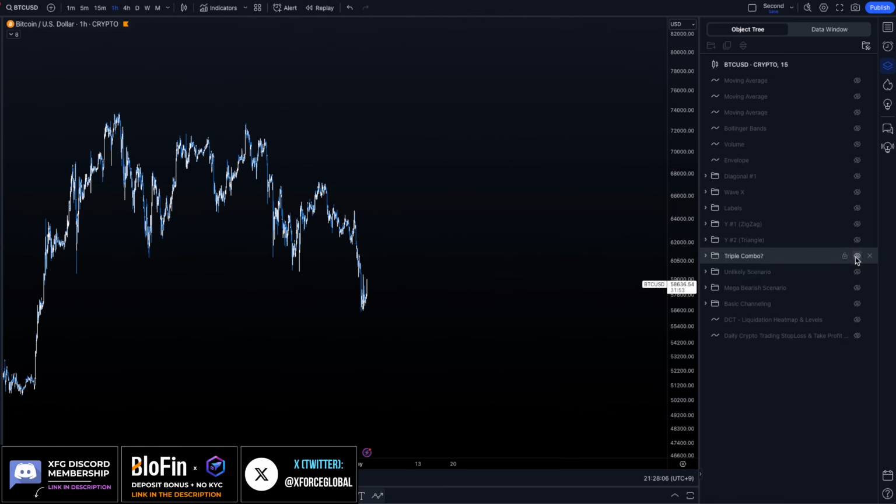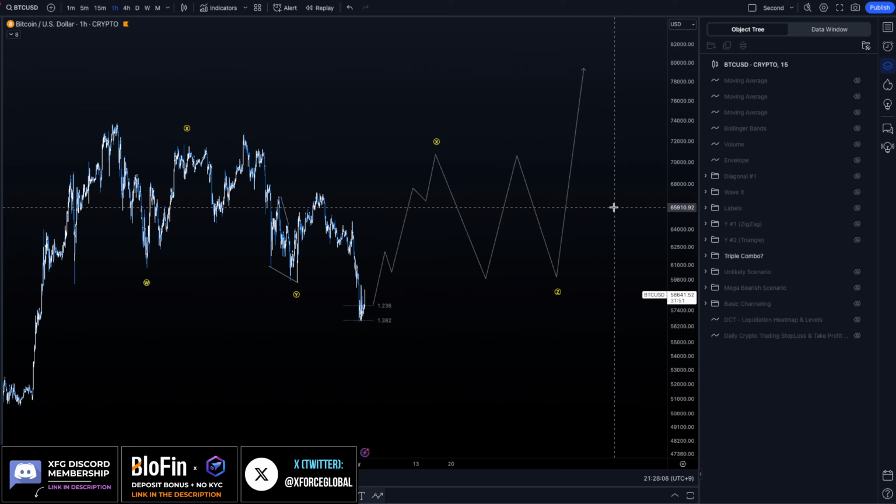Now, what is the other idea? I did have an idea of a possible triple combo. I haven't seen these. These are pretty quite rare in the sense that we don't see them often for wave fours, especially within Bitcoin. I haven't seen one personally. Usually we work within distribution zones for Bitcoin, and the price action and volatility usually ruins these types of ideas pretty quickly. So I'm assuming that we're going to be entering either